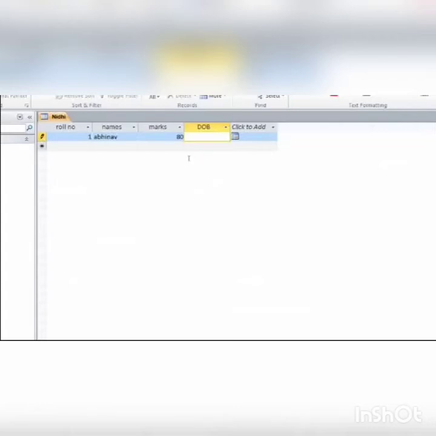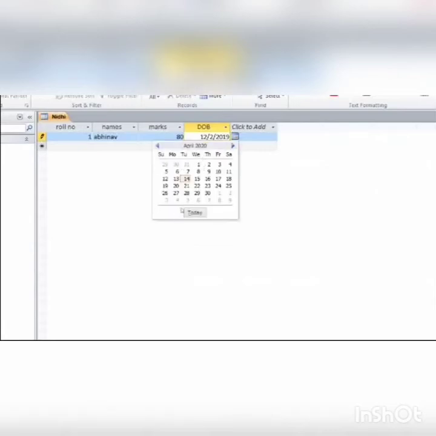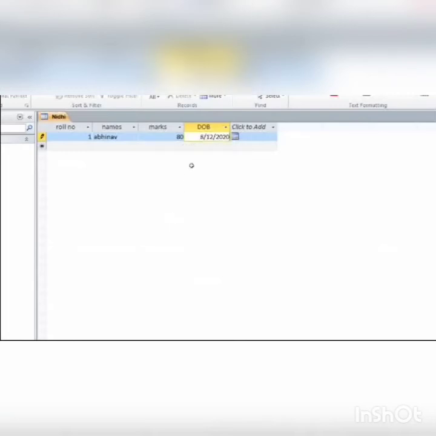Date of birth has an icon and I can choose it like this. If I write 12.2.209, it will not accept this format because the format is already saved here, right? The same way we'll go further.